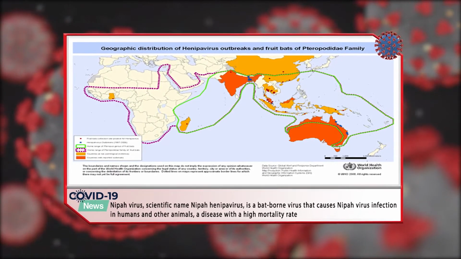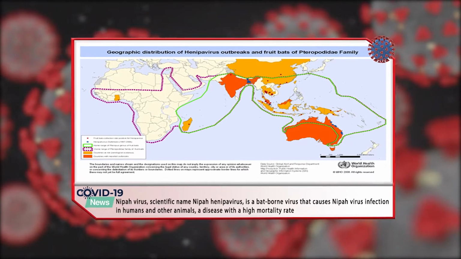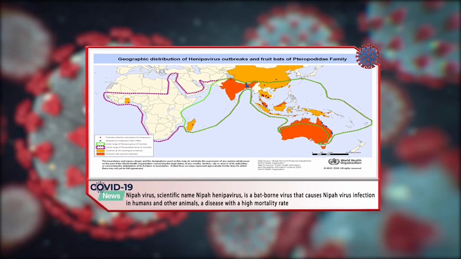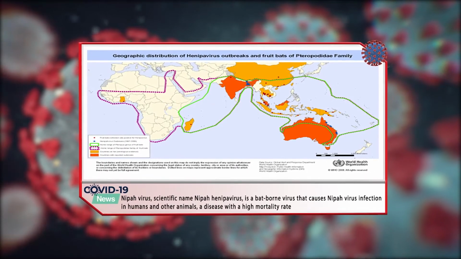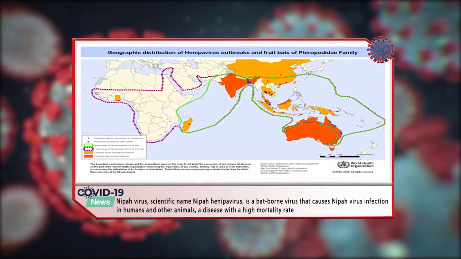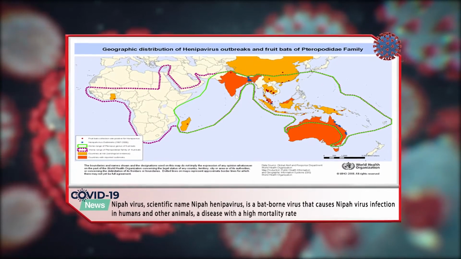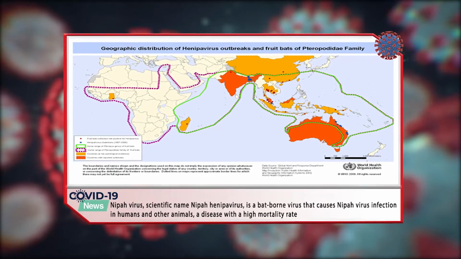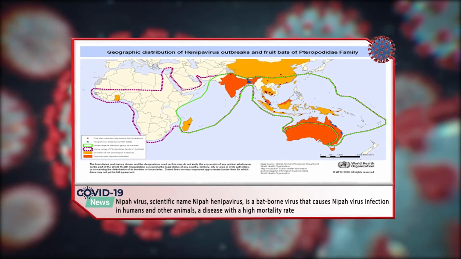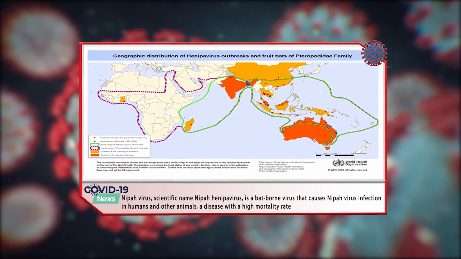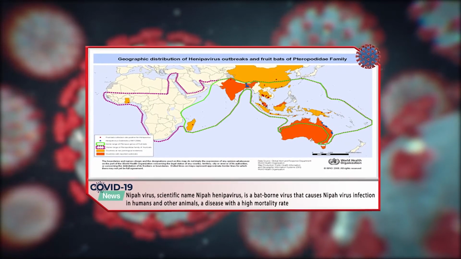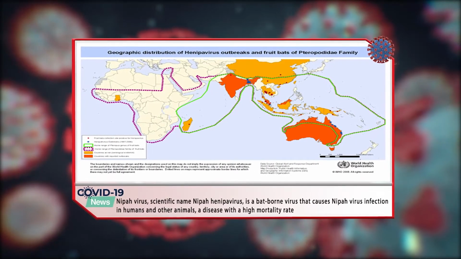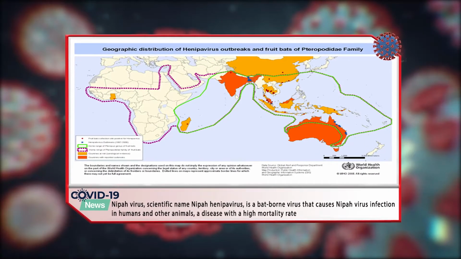Nipah virus infection outbreaks have been reported in Malaysia, Singapore, Bangladesh, and India. The highest mortality due to Nipah virus infection has occurred in Bangladesh, where outbreaks are typically seen in winter. Nipah virus first appeared in 1998, in peninsular Malaysia in pigs and pig farmers. By mid-1999, more than 265 human cases of encephalitis, including 105 deaths, had been reported in Malaysia, and 11 cases of either encephalitis or respiratory illness with one fatality were reported in Singapore.